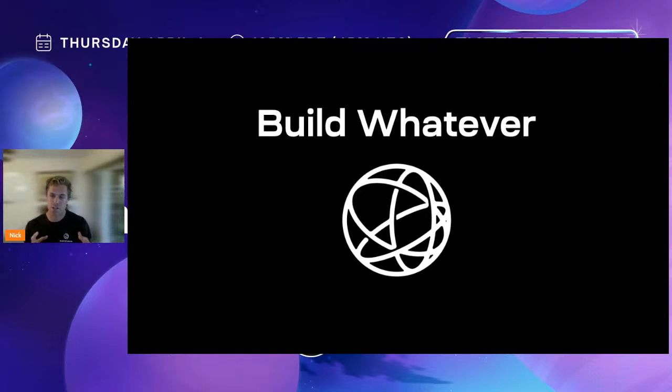So if you're ambitious and willing to experiment with this stuff, I think there's a lot of alpha, a lot of things you could unlock and build for the first time that no one's been able to build before. And that's why the motto of Celestia and modular blockchains more broadly is build whatever, right? It's about the fact that you can build whatever you want. It's this open canvas for you to explore. There's way more block space throughput. There are all these new things you can customize and experiment with. So all the constraints you had before are blown away.